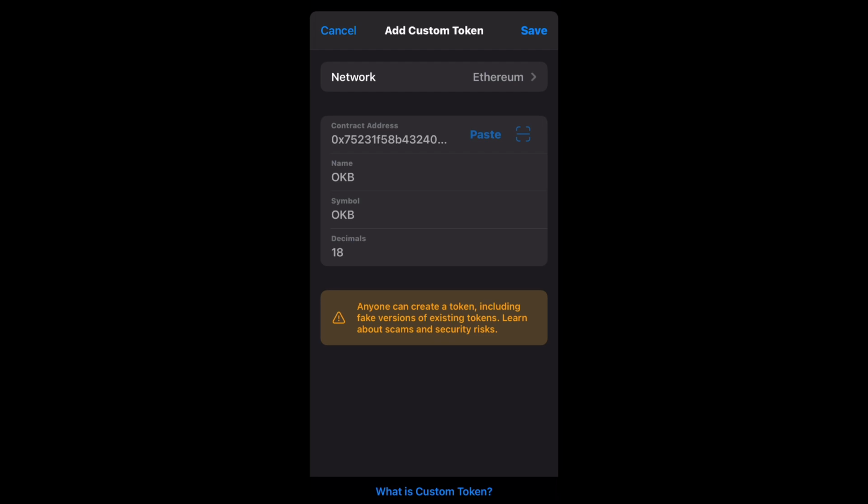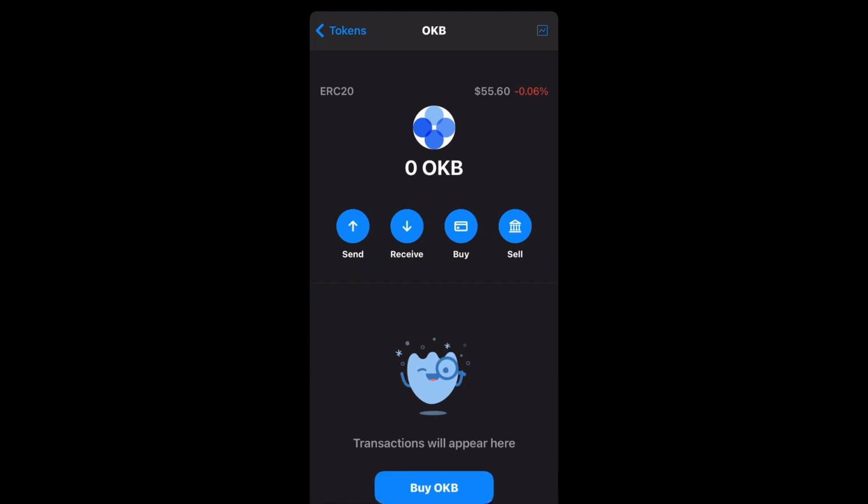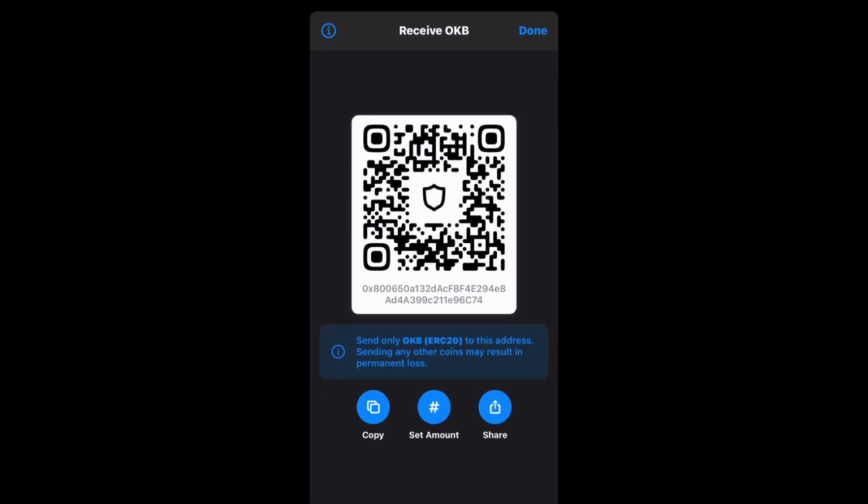Up there, you can see that right there. So that's it. Click up there on save, and we are done. You can see that the coin is worth about $55. Next thing you want to do is to click on receive, and you click on copy. When you click on that copy right there, we are going to paste this address right here